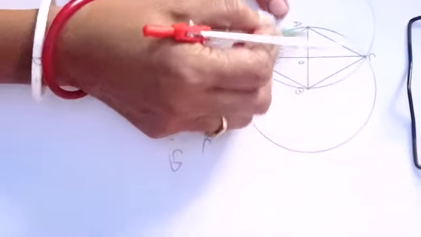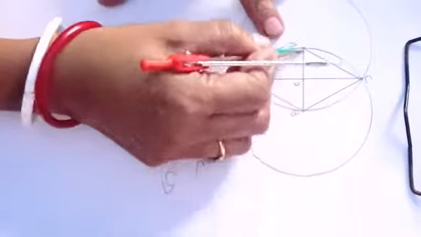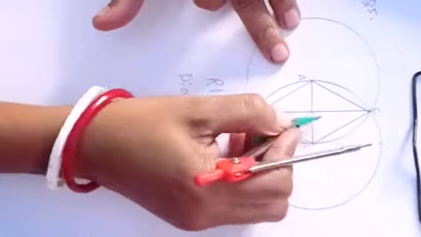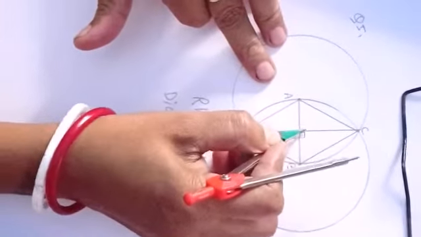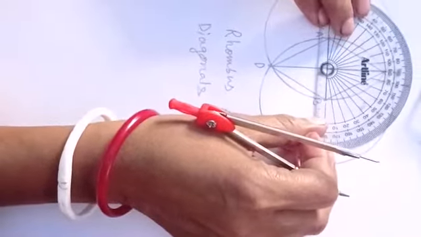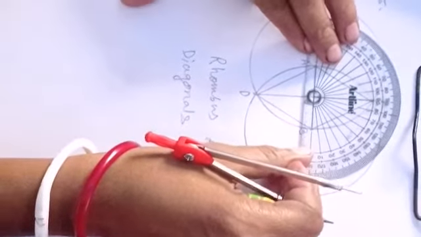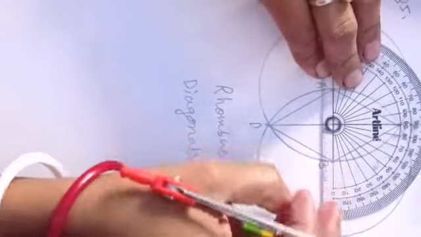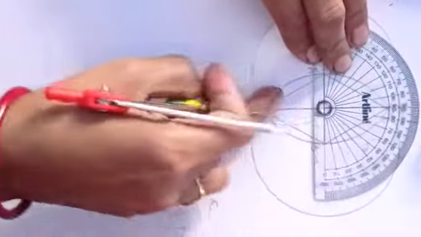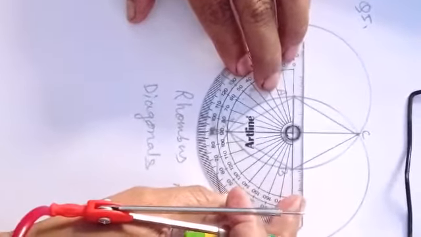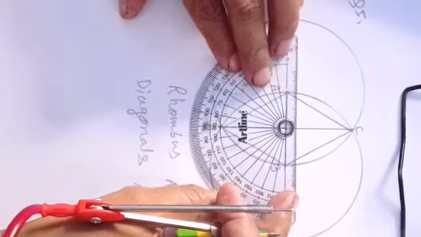So you can see that OB and OA are equal, and OC and OD are equal. But what you have been asked is the angle between these, that means this angle. What will be the measure of this angle? By measuring this one, you can see that it will be exactly 90 degrees. I am showing you. Go through the protractor. See, it is exactly 90 degrees. I have put it on the baseline, and this is the line of intersection. This side also I can show you. See, you will get exactly 90 degrees, they bisect each other at 90 degrees.